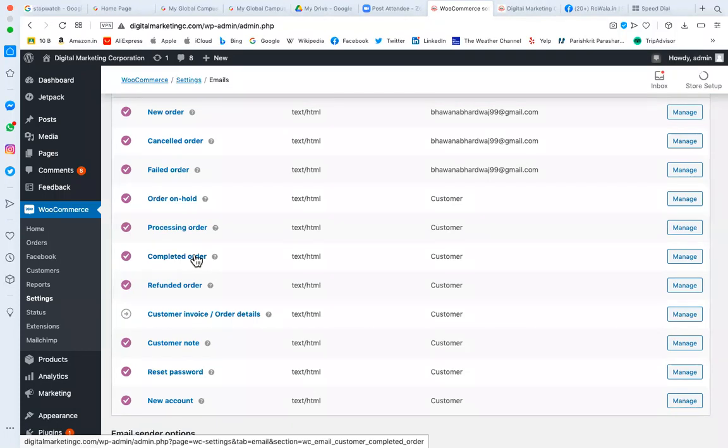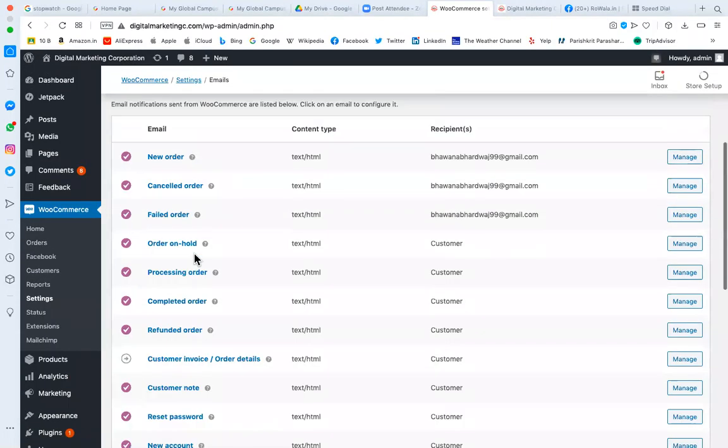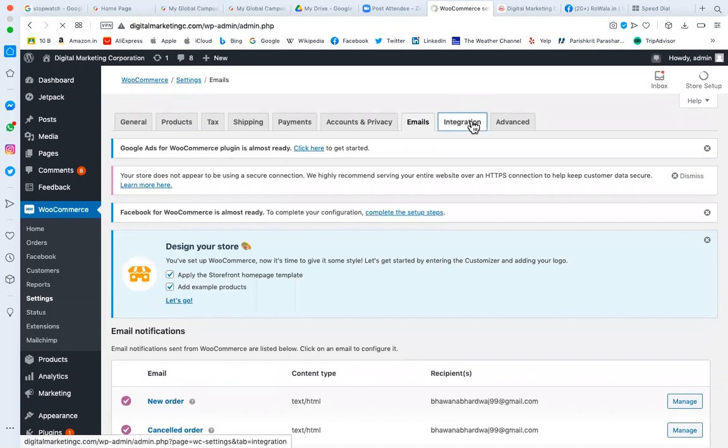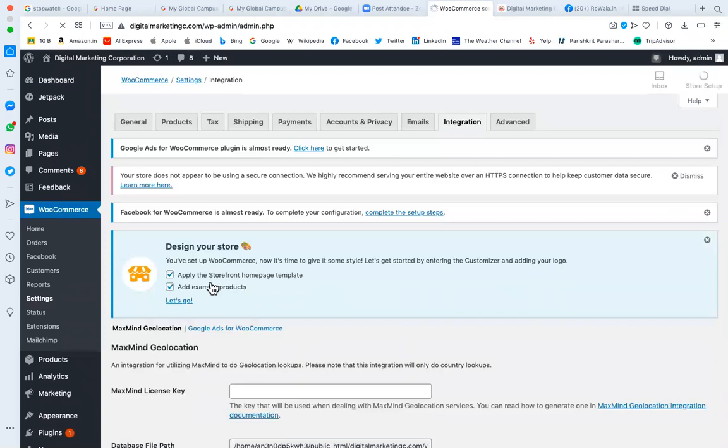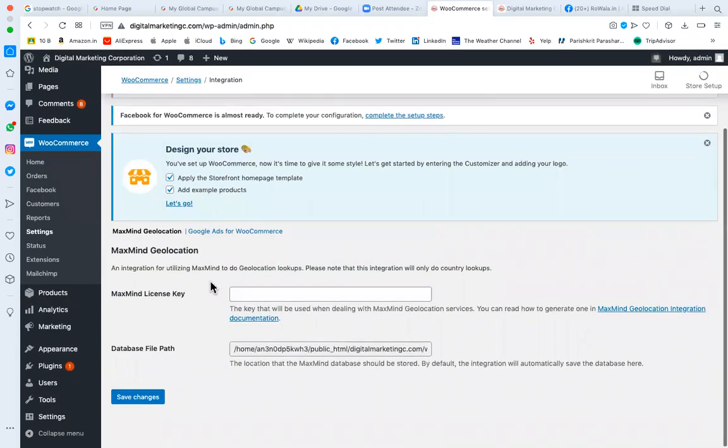Right. So here you can set up all these mail settings, and integration if you want to do third party integrations. License key, geolocation lookup. It is very important. These days everyone has a mobile app, and WooCommerce is a mobile optimized theme.